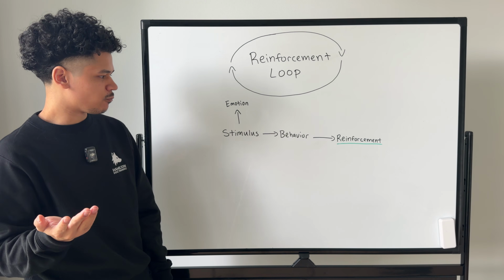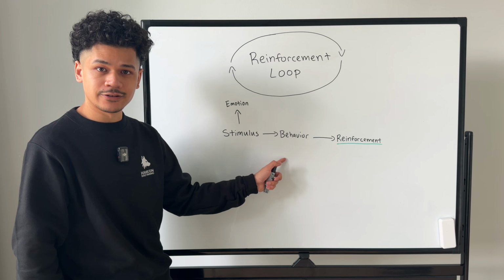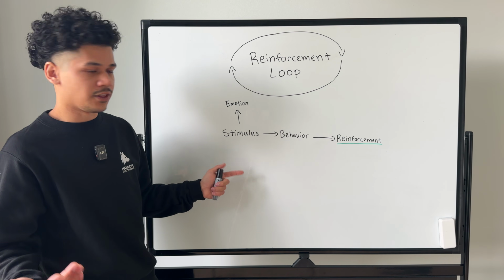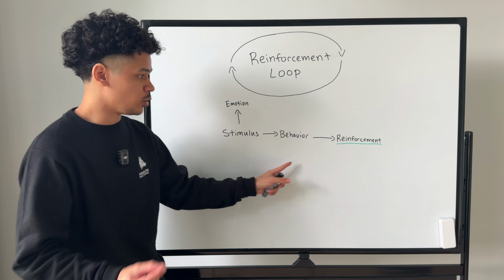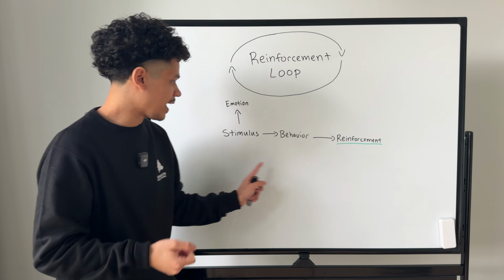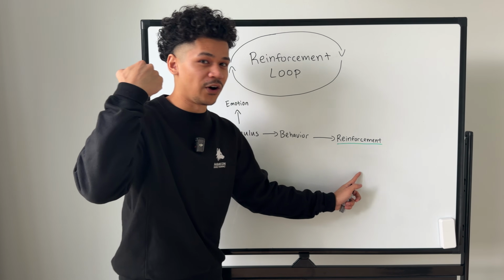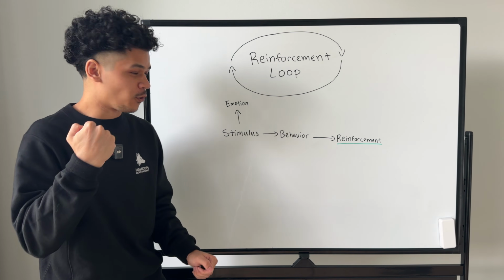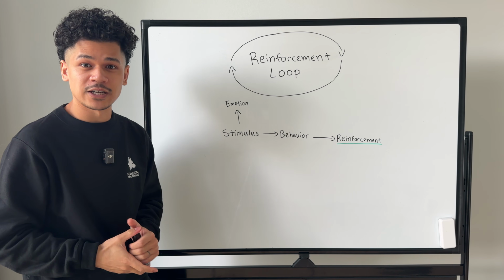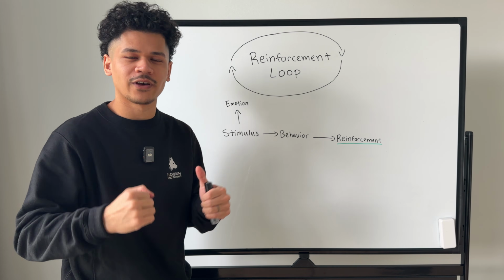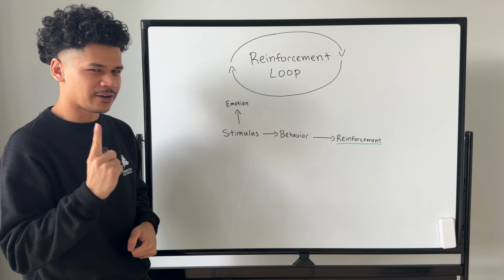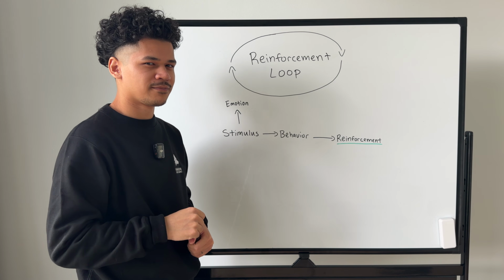Well, what if we taught the dog to do something else when they saw other dogs? So what if we taught them that, hey, when you see other dogs, you can look at me for a treat, or you can sit for the ball. So you're gonna reinforce an alternate behavior is what that's called. Now, that might work, especially if your dog is incredibly food motivated or really, really likes working for their toy, right? However, what's the problem with that?